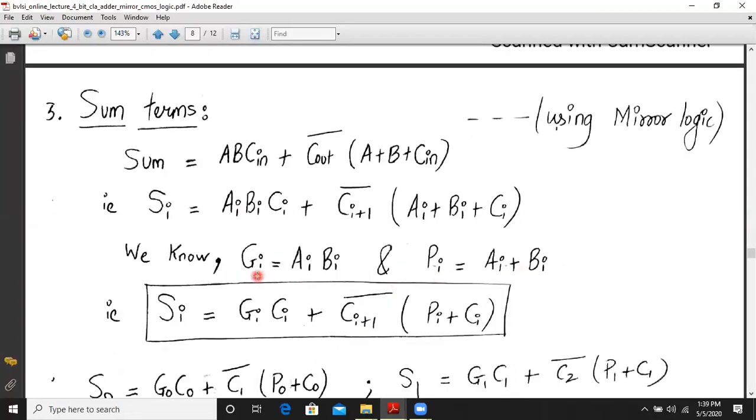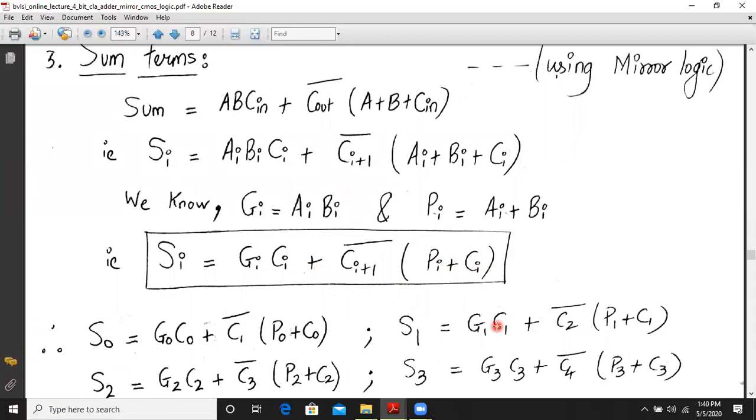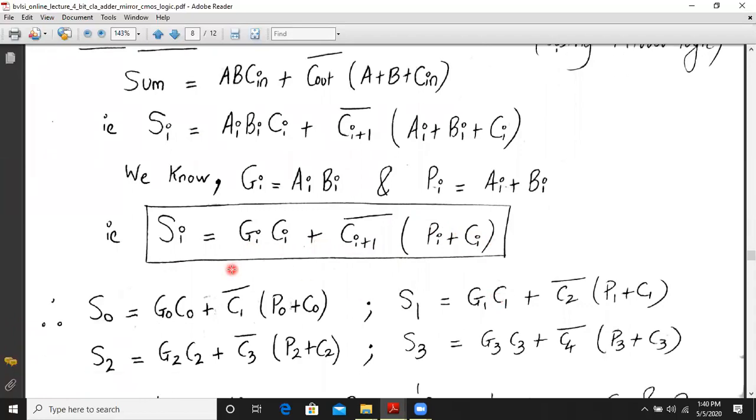Now we already know the generate term expression is given by Gi is equal to Ai dot Bi and Pi is equal to Ai plus Bi. If we substitute in the above form, we get Si is equal to Gi Ci plus Ci plus 1 bar into (Pi plus Ci). This way we have to implement the sum terms.